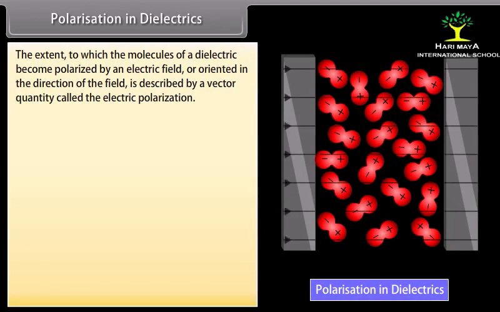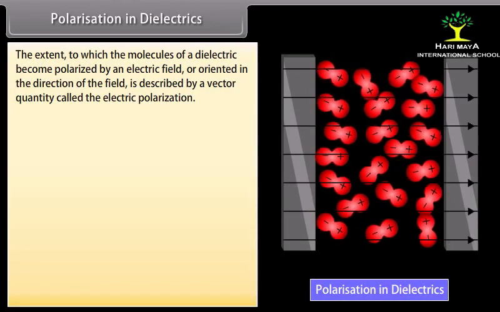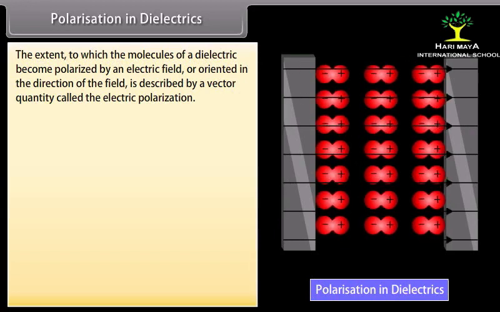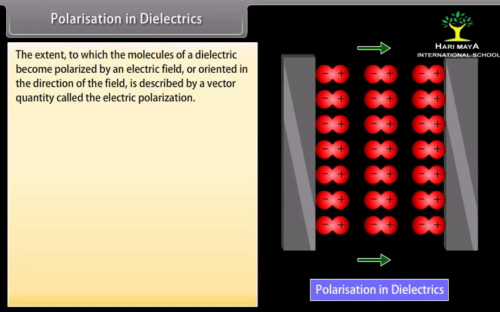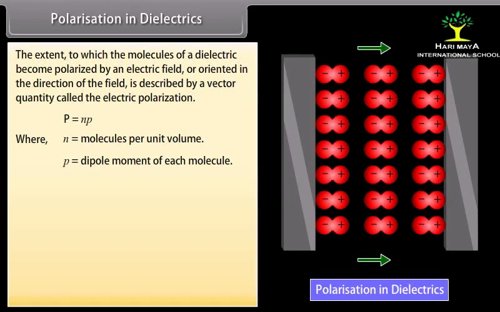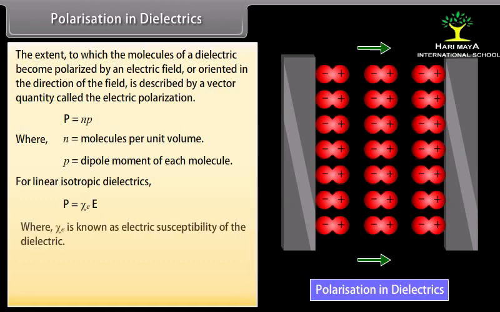Polarization in dielectrics. The extent to which the molecules of a dielectric become polarized by an electric field or oriented in the direction of the field is described by a vector quantity called the electric polarization. P is equal to Np, where N is molecules per unit volume, and p is the dipole moment of each molecule. For linear isotropic dielectrics, P is equal to the product of Xi and E, where Xi is known as electric susceptibility